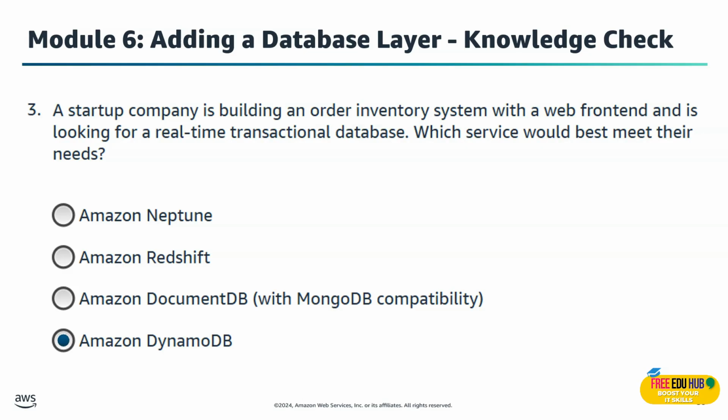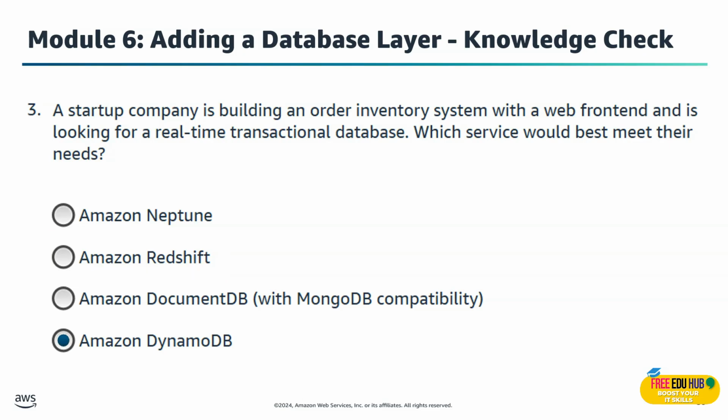Now let's go through the other answers. We are not selecting Amazon Neptune because this is a graph database for relationship and graph queries, not a general transactional key-value or NoSQL store. So we cannot select this one. The other one is Amazon Redshift. We are not selecting this one either because it's a data warehouse for analytics, or OLAP,